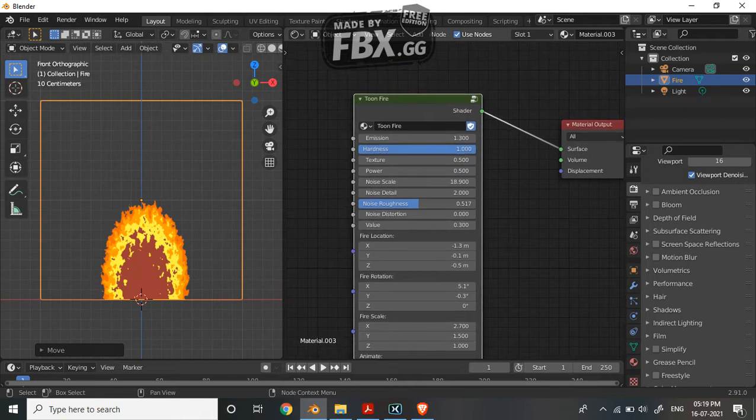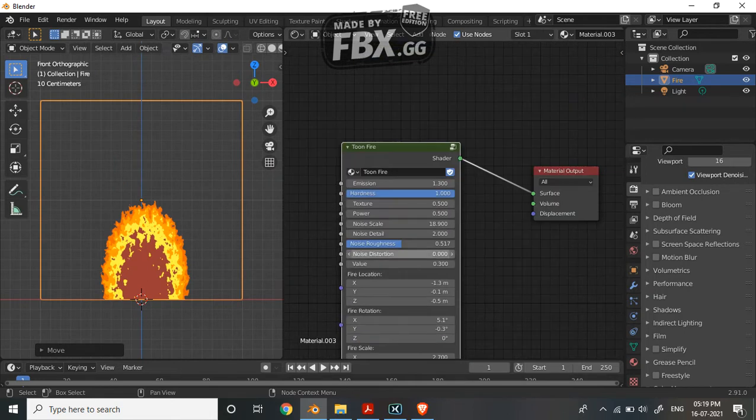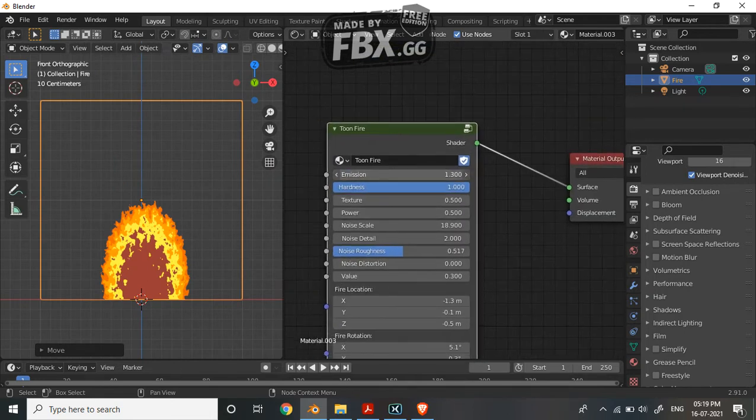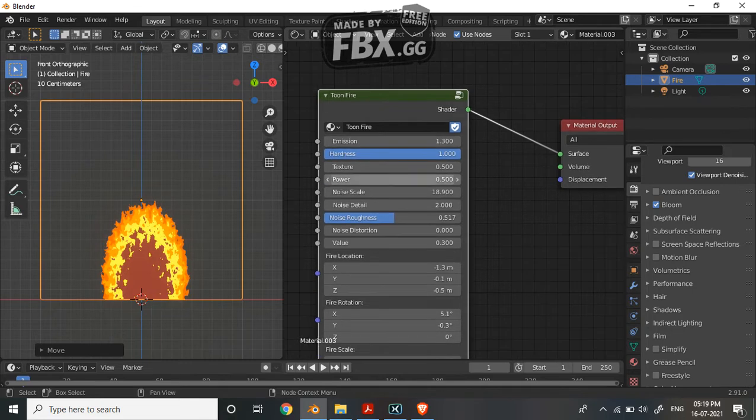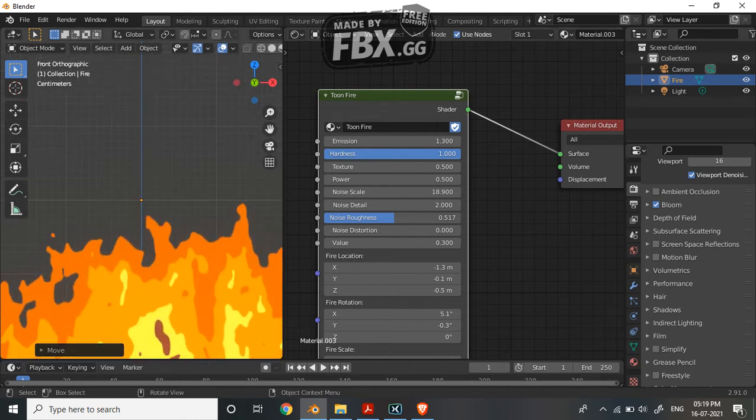So this shader starts with the emission power. Now everyone knows what emission is, so I'm not going to explain it in detail. If you change the bloom over here, you're going to get a different effect. For now, I'm going to keep it at 0.3. Now the hardness, if you remove that, you're going to see the hard edges in between these go away,